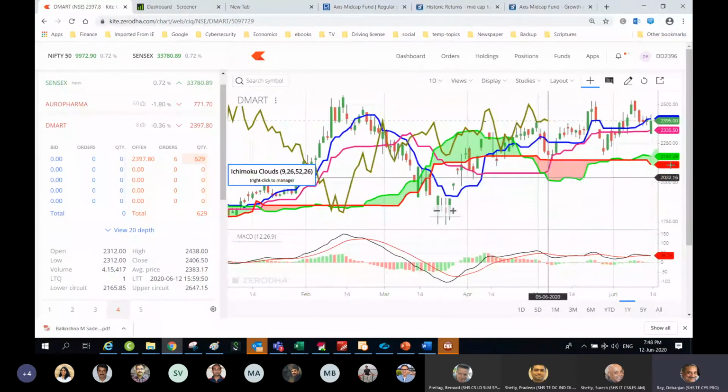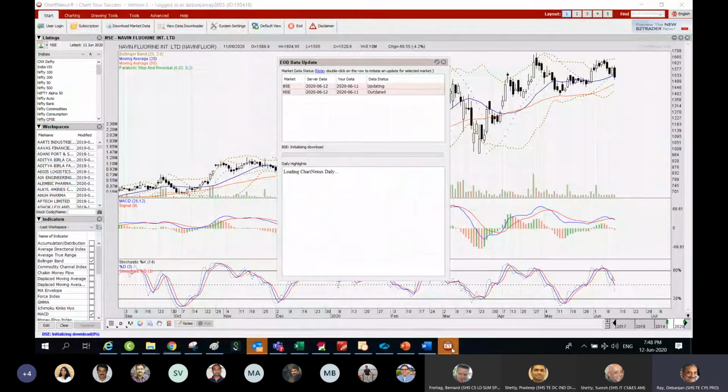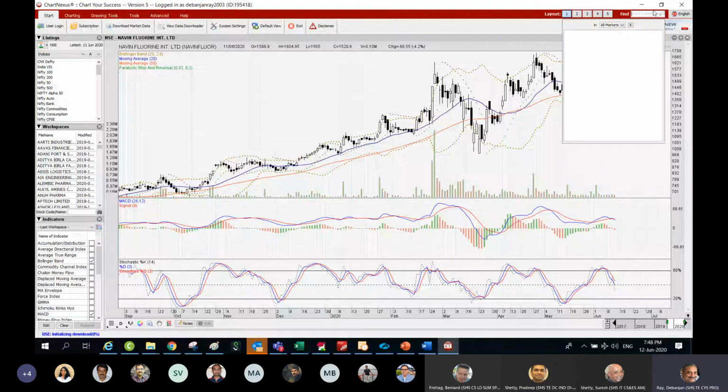But you will see that the stock is now above the Ichimoku cloud, so you can consider purchasing this particular stock. Now we have to see the candlestick patterns and apply them. Now let me go, and also you can have a different view, for example,